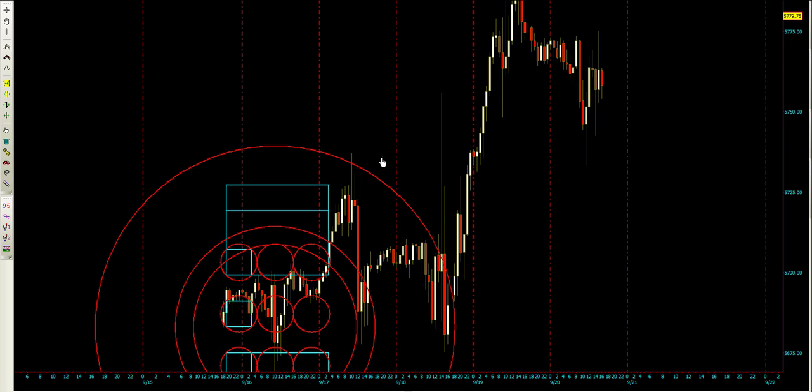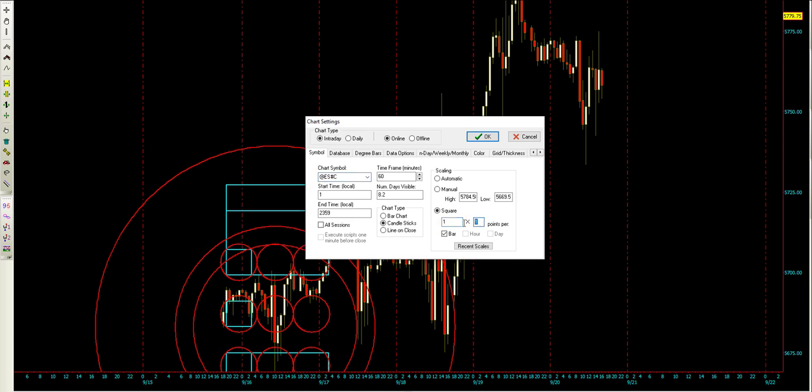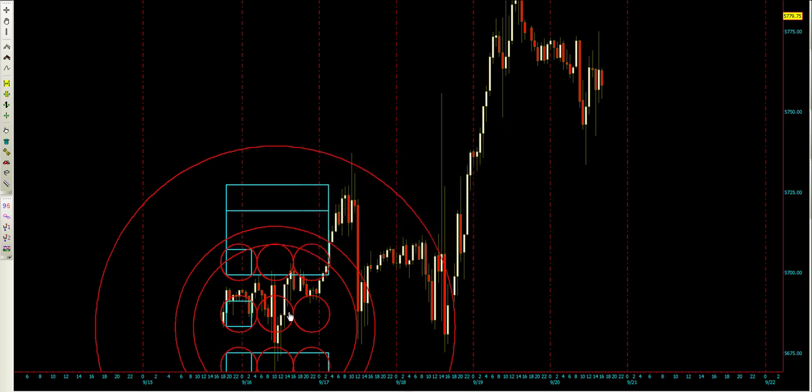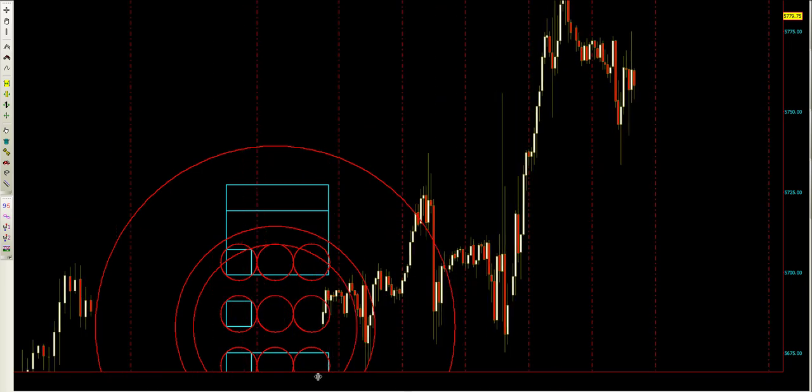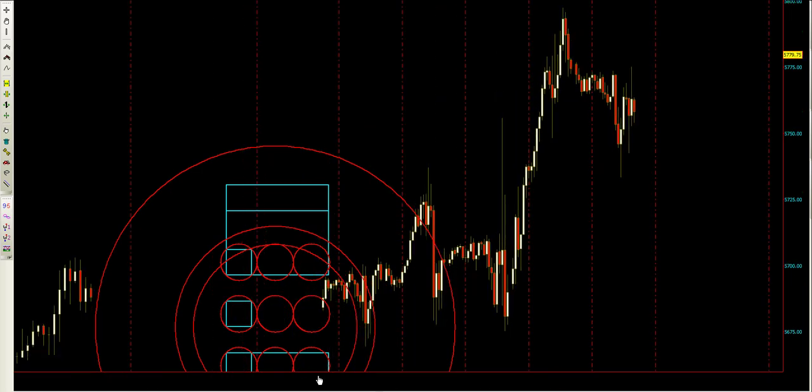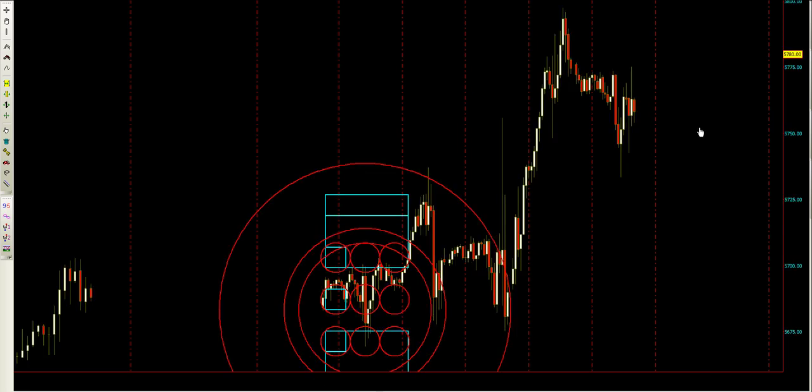Okay, so what do we do now? This chart is also squared 1 by 1. You can see 1 by 1 per bar. When we get into geometry, we have to do some balance. And when you shift things, you can always do Control K on this system, and we get back to our